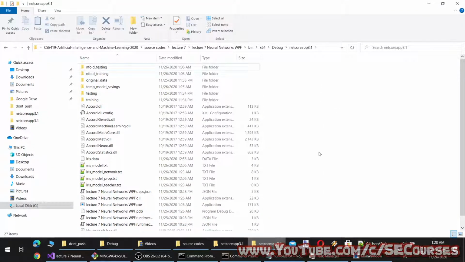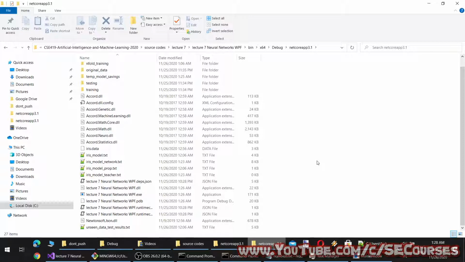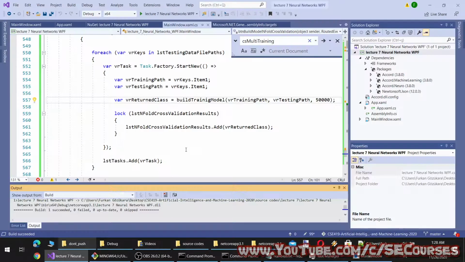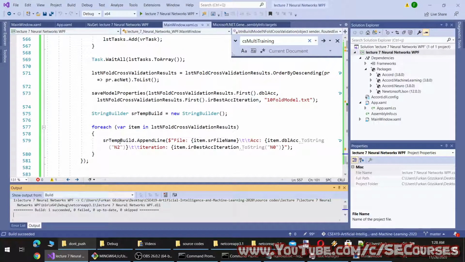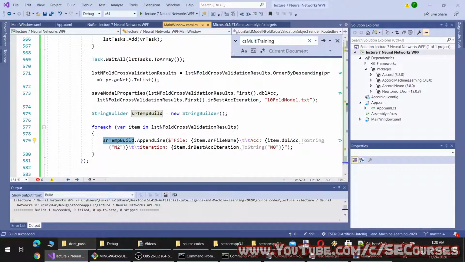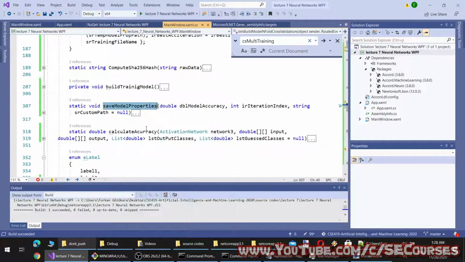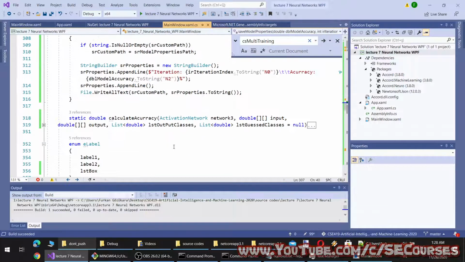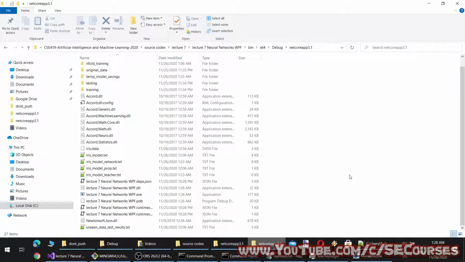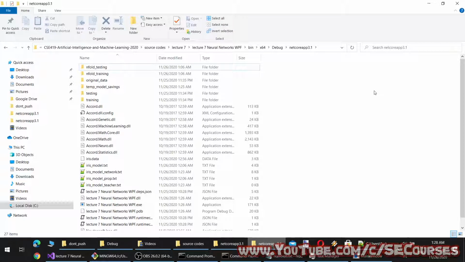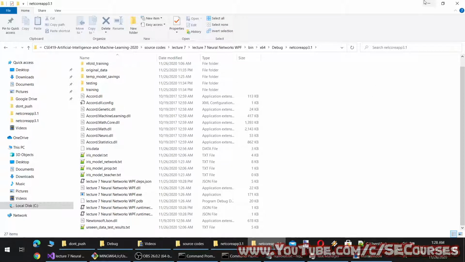Let's see whether our data is written or not. Okay, probably we had an error somewhere here because I don't see the file. Yeah, we didn't write this, but this should have been written. Say model properties. Why don't I see it? Okay, we have an error somewhere.